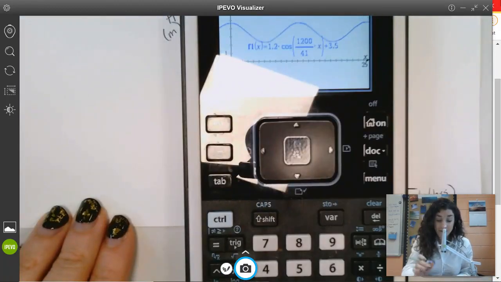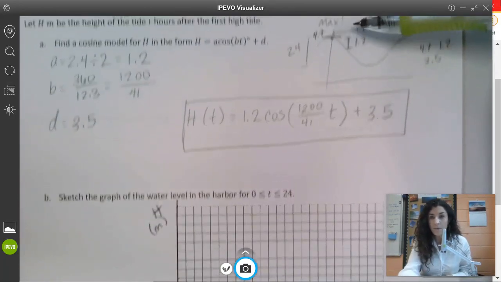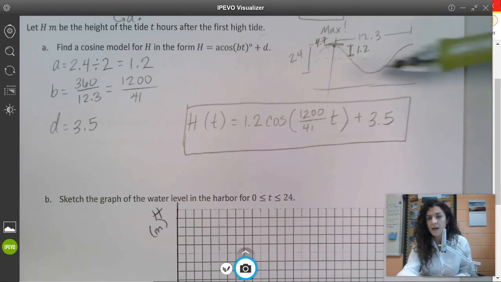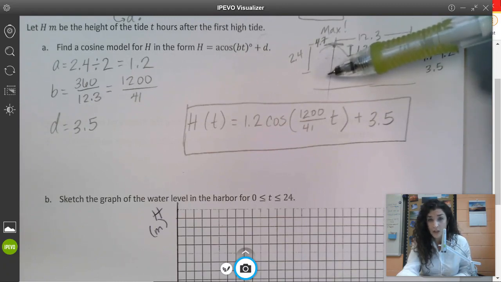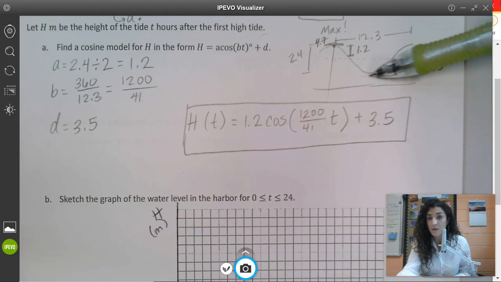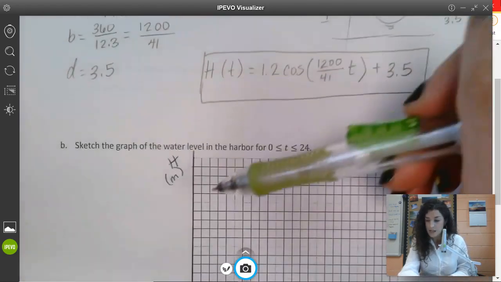Looking at my y values, I know, actually, we can go from our up here piece of information. I know that 4.7 is going to be my maximum value, and 2.4 below that is going to be 2.3. So 2.3 is my minimum value down here. So I know I really only need to go up to 5. And I think there's like